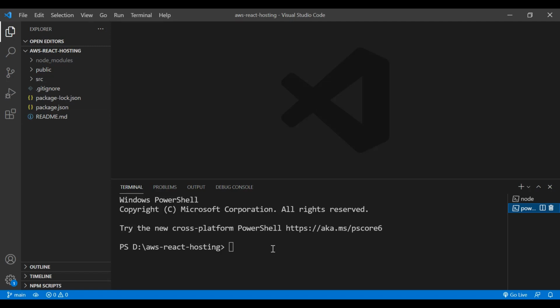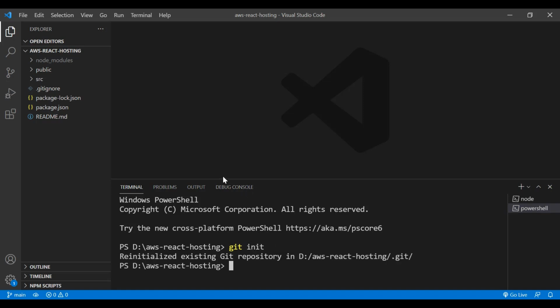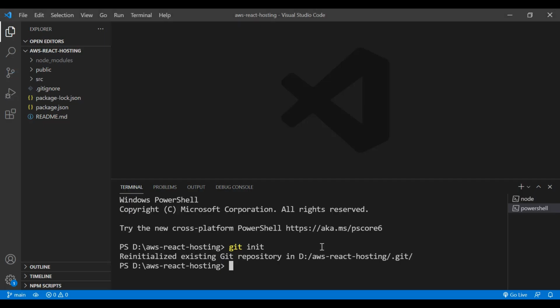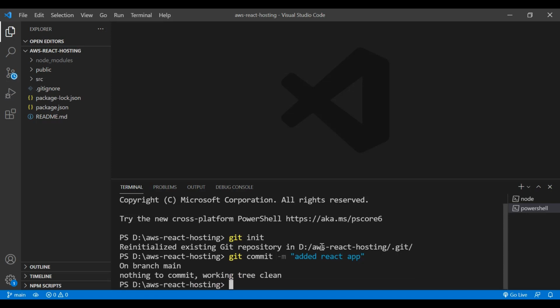To do that, you just need to run git init, and right here there are some other commands that you can also follow. We can just add the commit. So it will be git commit -m, and then add this as, let's say, added React app, just like that on the main branch. And next will be navigating to the branch called main,